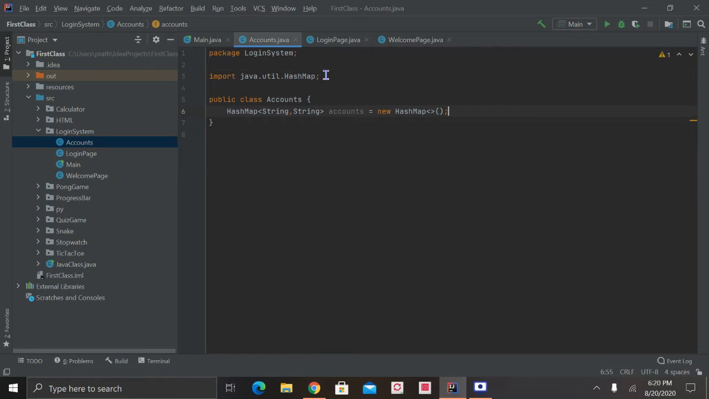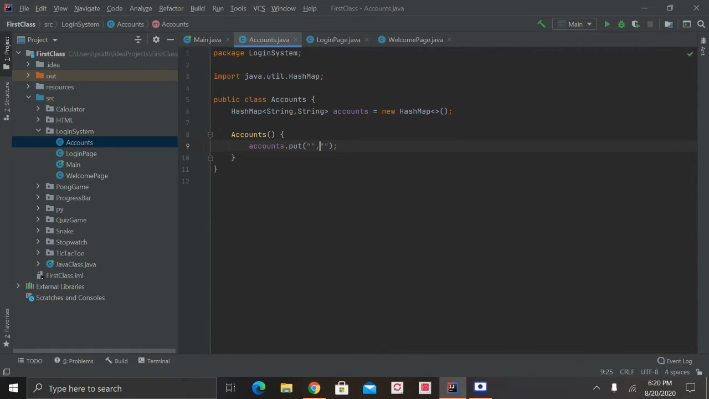Okay, right. And you need to import the java.util.HashMap class, right? And we're going to make a constructor for the accounts class, and we're going to use the accounts.put method to actually put stuff into our hash map, right? I'm going to put in coders lounge, accounts.put,